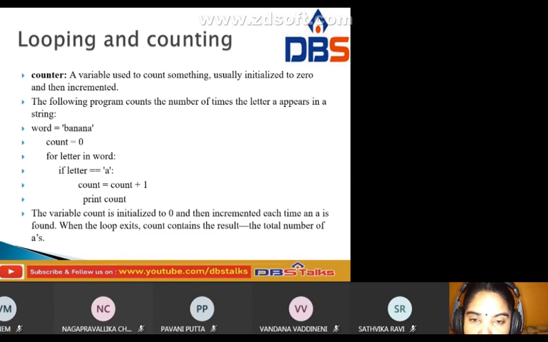Next A, condition true, count equal to 1 plus 1, 2 A's. Next N, condition false, then A, condition true, count equal to count plus 1, 3 A's.